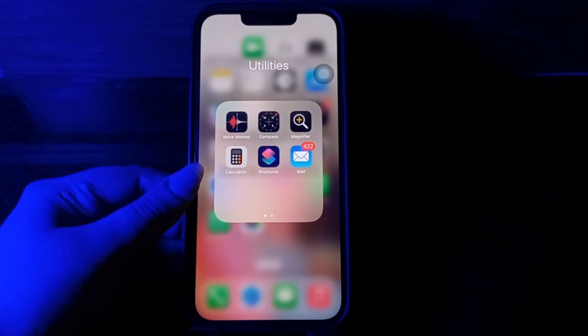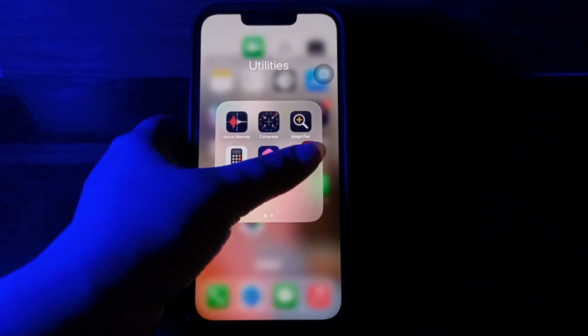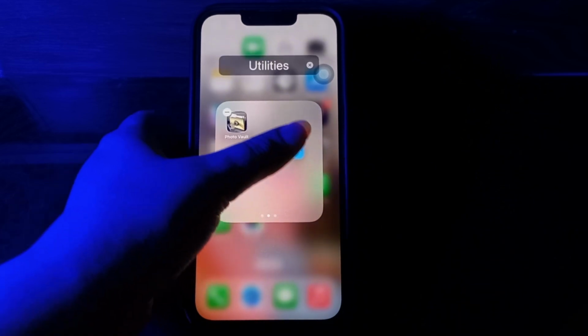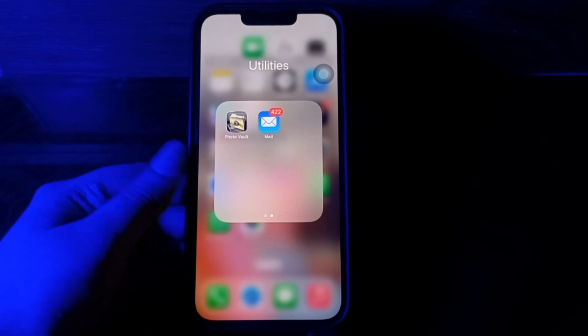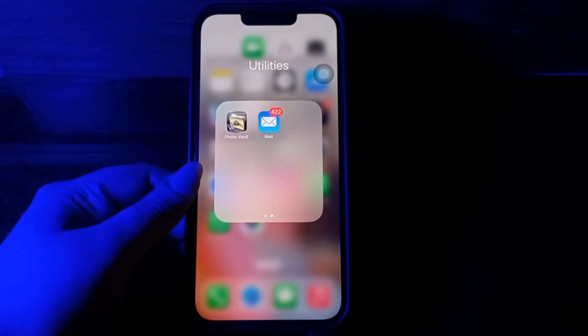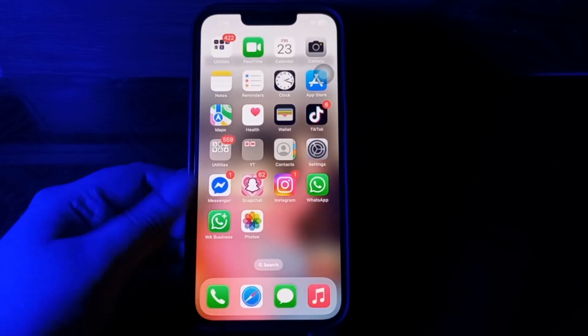Next, open the folder and drag the app to the right so you can place it on the next page of the folder. You can even skip a page and have an entire empty page between your visible apps and your hidden apps. Only the apps on the first page of the folder are visible on the home screen. While this method doesn't completely hide apps on your iPhone, it does make it hard to accidentally come across them.